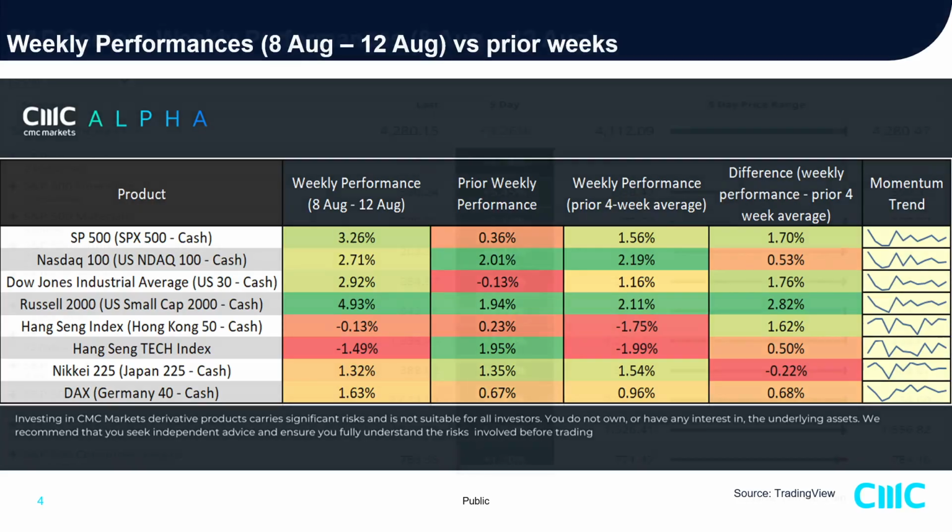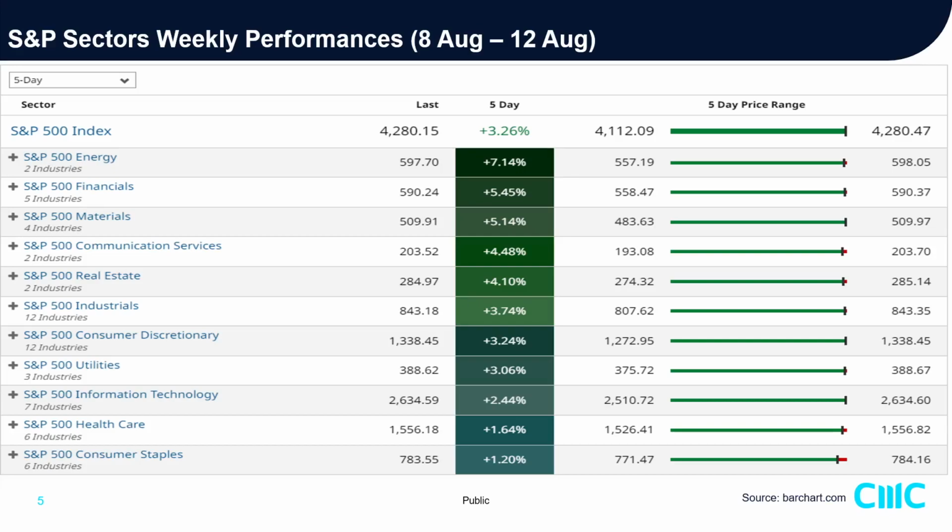So now, before we jump into the technical chart, let's take a quick tour on the 11 sectors of the S&P 500. What we could see is that all 11 of them are green. So the top three outperformers are the energy, up close to 7%, the financials up 5.5%, and materials also up by a similar magnitude at 5.1%. At the bottom of the table is info technology, which is plus 2.4%.